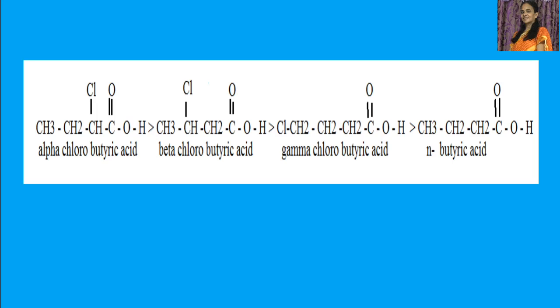This is simple n-butyric acid. N stands for normal, that is straight chain, no branching. So this is normal butyric acid. This is gamma chlorobutyric acid. This is beta chlorobutyric acid. This is alpha chlorobutyric acid. Now, which is stronger? So what we say